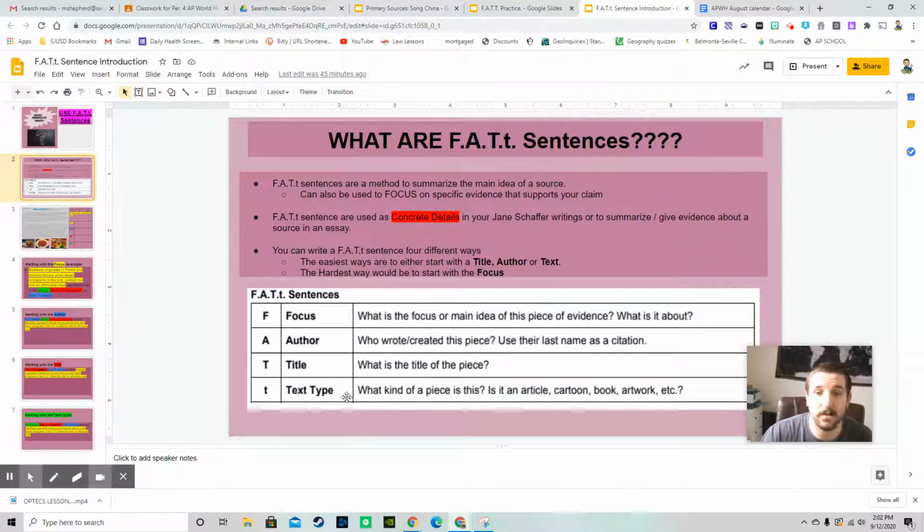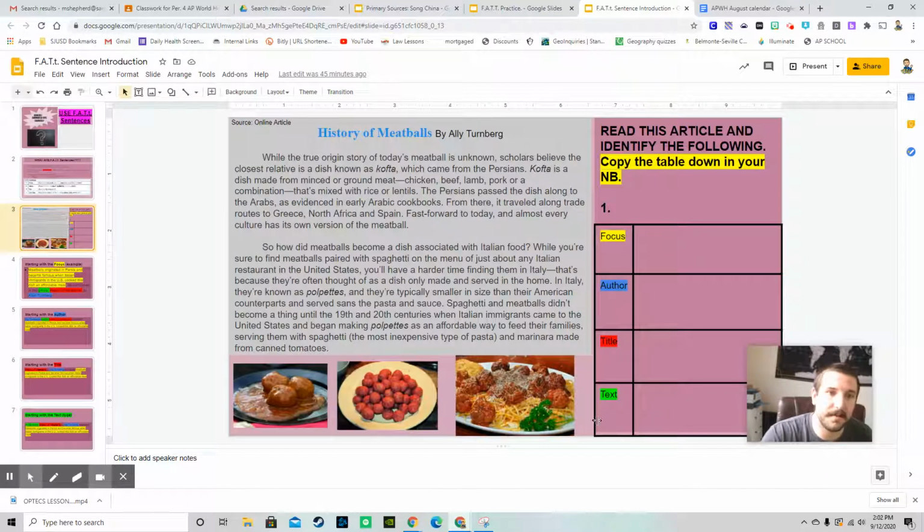The author is just who wrote the piece that you're looking at. The title is the title of the piece, and the text type is like what type of text is this? Is this an online article? Is this a graph? What is this? What are you looking at that you're trying to describe? So we are going to use a FATT sentence